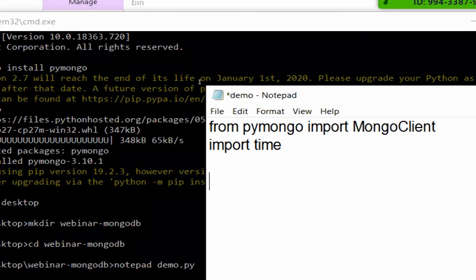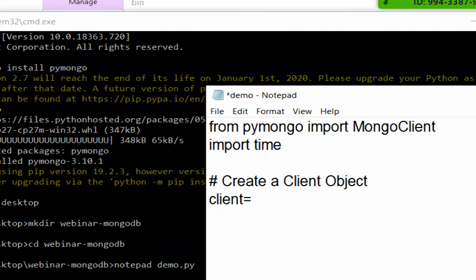Now what we have to do is create a client object. client = MongoClient(...). The MongoDB server is running on my localhost, and the MongoDB server will always run on a port number called 27017.